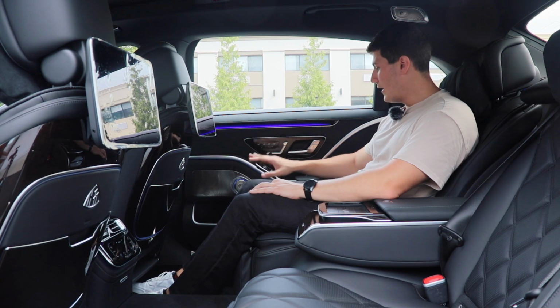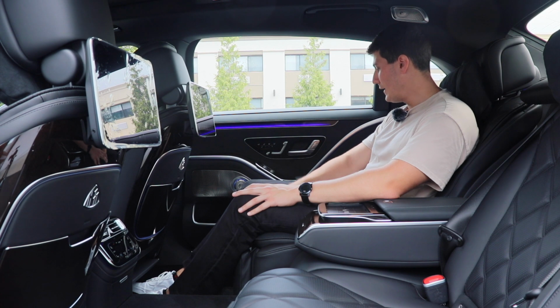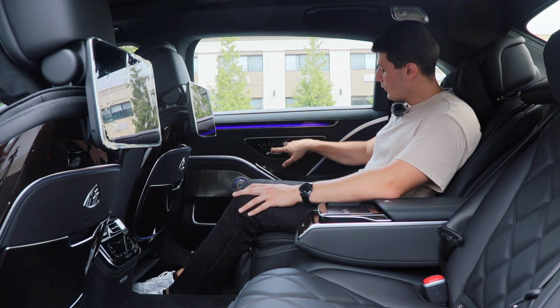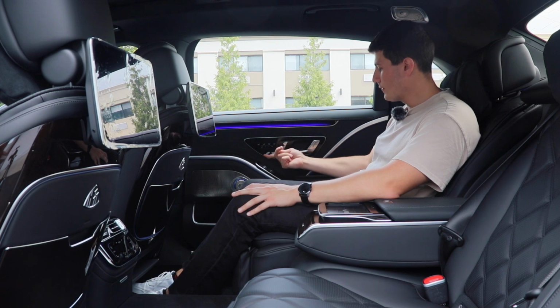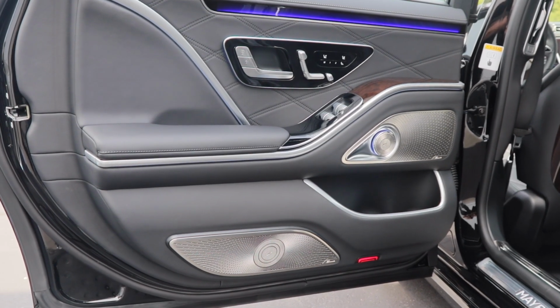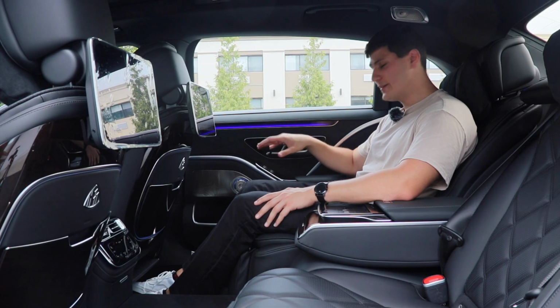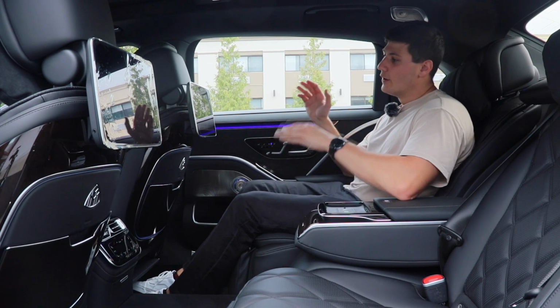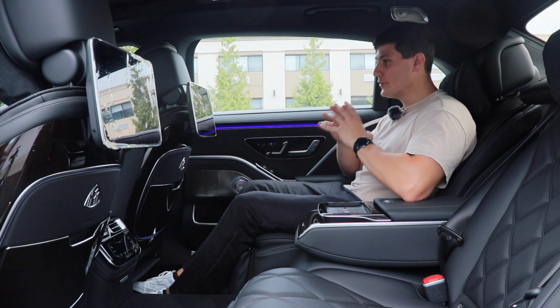On the door handles on these cars, you're going to have all of your controls for the rear seats back here. So you're going to have your standard Mercedes controls right here where you can move everything like this. You have your front seat adjustment here as well. Obviously, yes, we have cooled seats and heated seats on here. We have memory seats. Coming onto the screen in front of you though, this thing has massaging seats like no